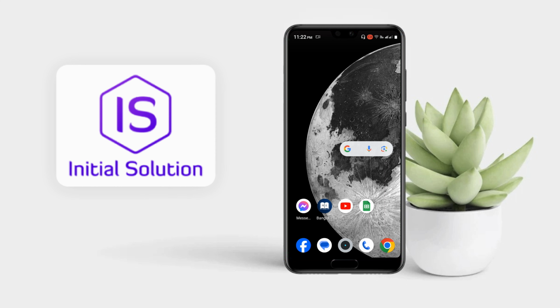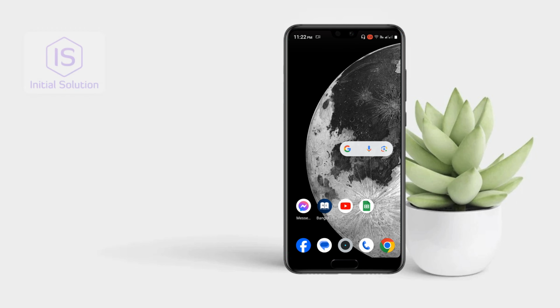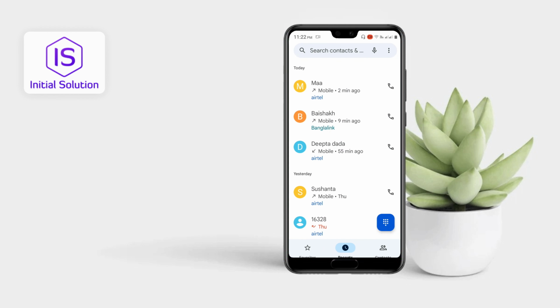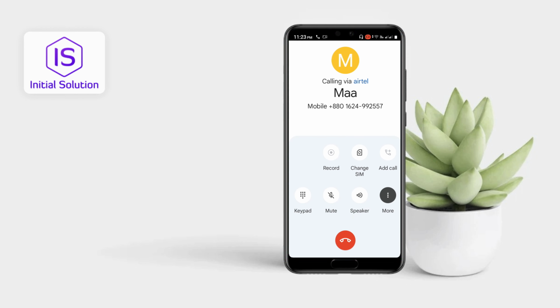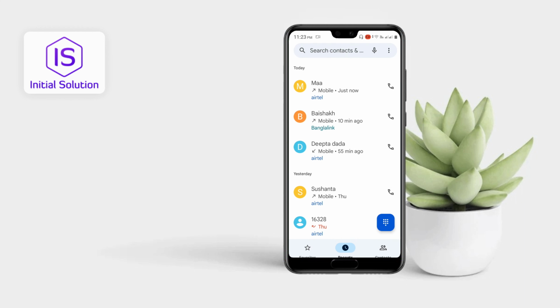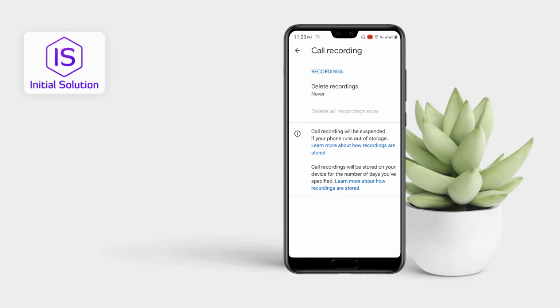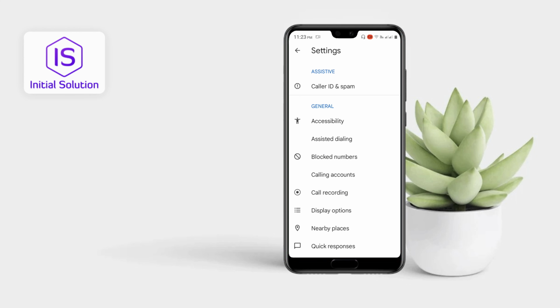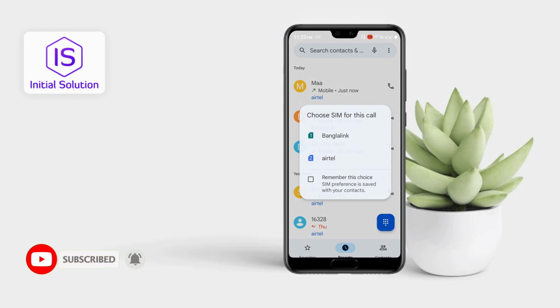Today in this video I'll show you how to record a phone call on Android phone. So if I go for here on my phone app, then if I go for a call here, if the receiver reaches the phone, then you can record it from here. Just go for in this three dot option, go for settings and turn on your call recording option from here. After that, if I go for again call a person from here,